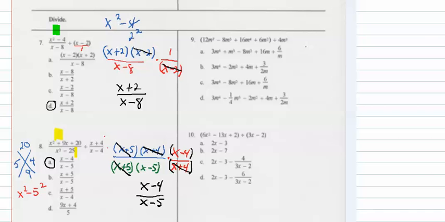This one I'm dividing, so I'm going to go ahead and rewrite it because I need a little bit of workspace here. I've got 12m to the 7th power minus 8m to the 5th plus 16m to the 4th plus 6m squared. And it's division, so when you have a division of a monomial, you're just going to draw your line